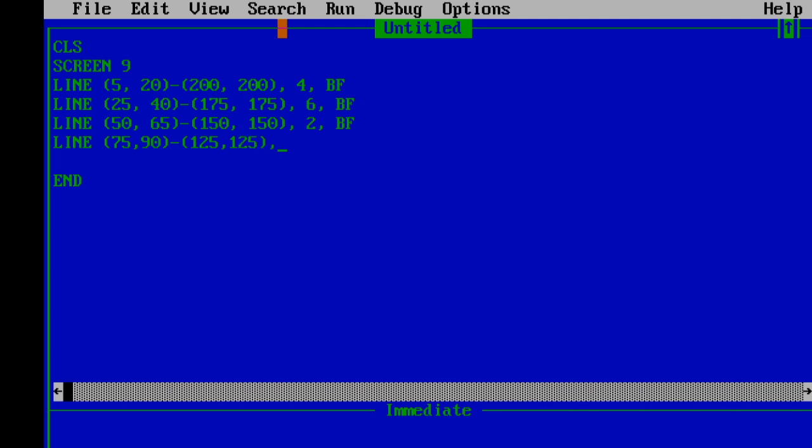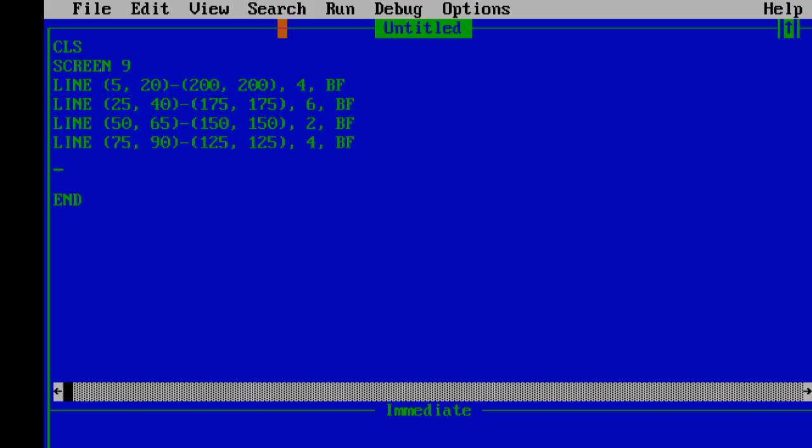I go with red color. Red color is what, 4. Then I go with box filled. Yeah, done. So like that way you can make graphics in your programming, right?